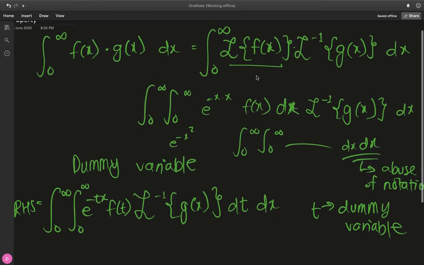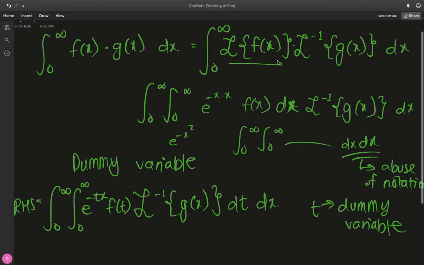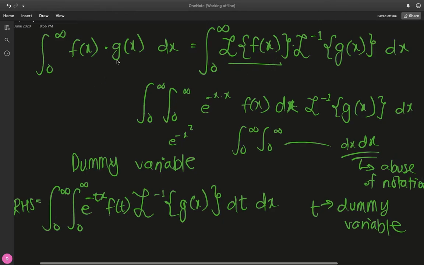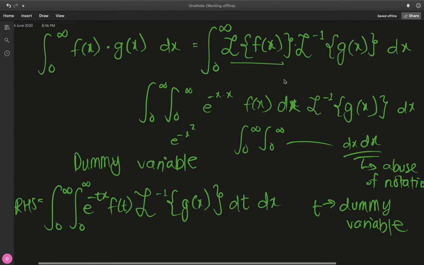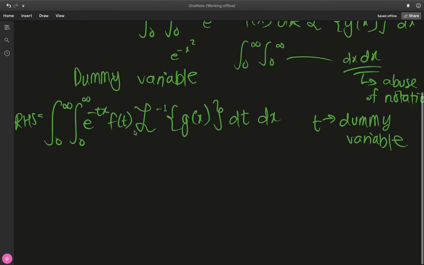It's like saying that in definite integrals, it doesn't matter what variable you have as long as the structure of the integrand remains the same, and the upper and lower bounds. So same thing here. The basic structure of the Laplace transform of f of t is conserved, right? So now I'm going to assume